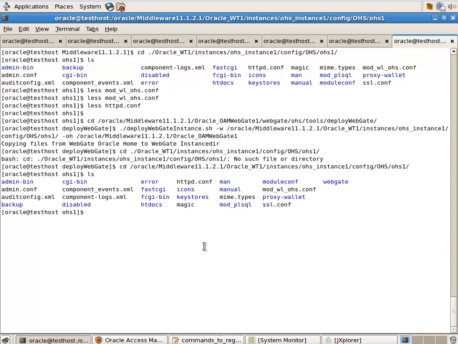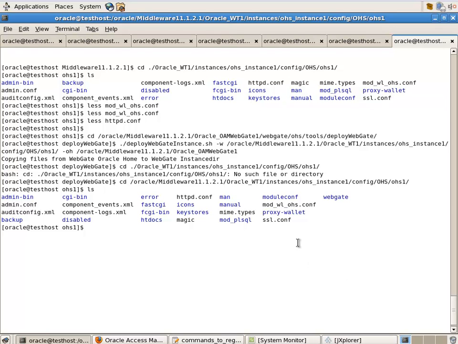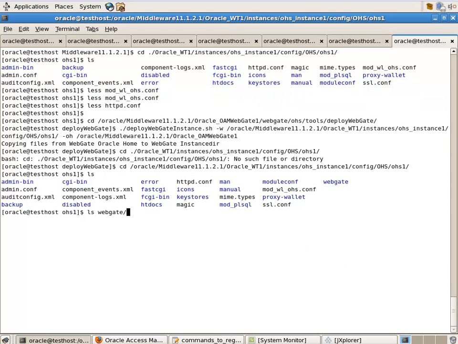And here you see the new folder WebGate. And inside this WebGate folder we see the config directory,